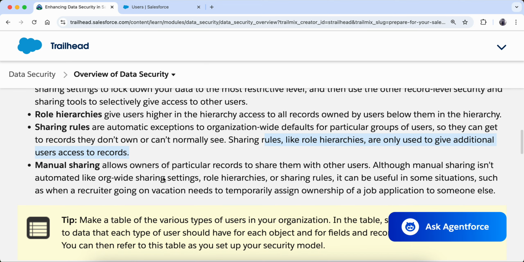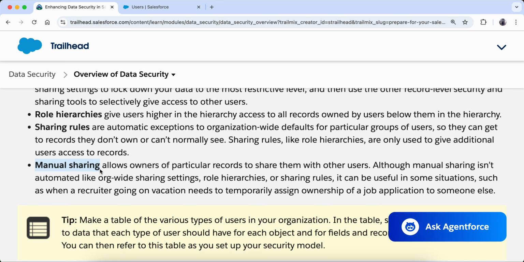And then lastly is manual sharing. Manual sharing is always done when it is something temporary. For example, you are a manager going on vacation for a long period of time, 15 days or something, and a lot of requests come to you for approving the leaves of other employees. If you are on vacation for 15 days, you cannot access your system for 15 days. But that doesn't mean no employee will get leave approved, right? So you will make some temporary person in your group responsible: I will give this access to you, and for this duration you can have this.